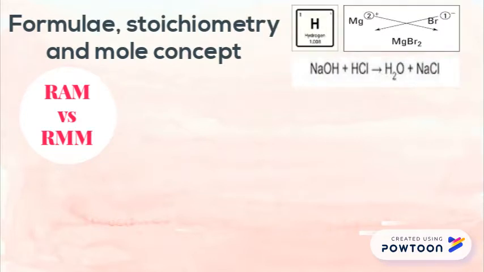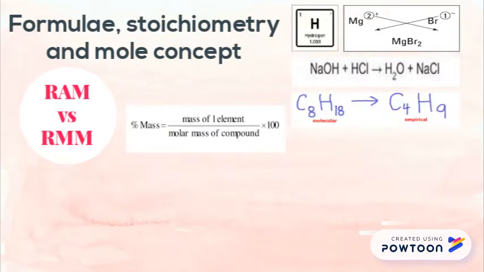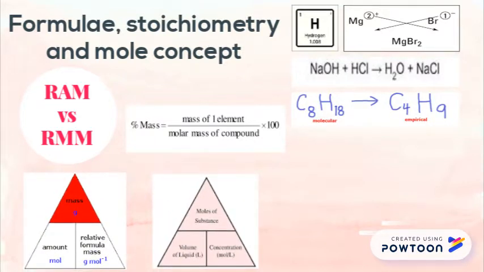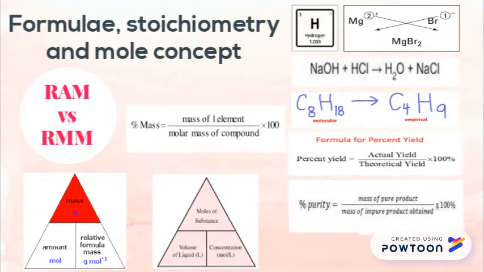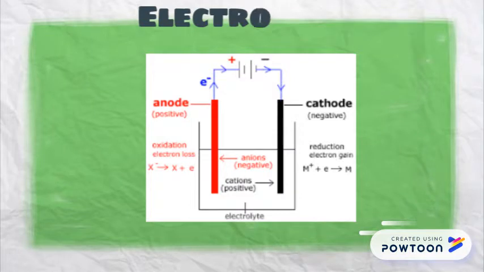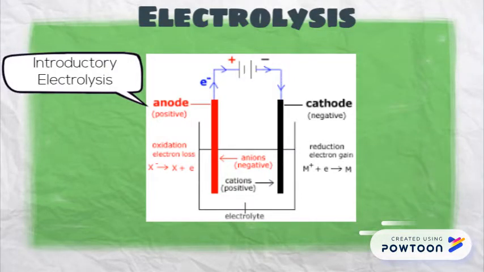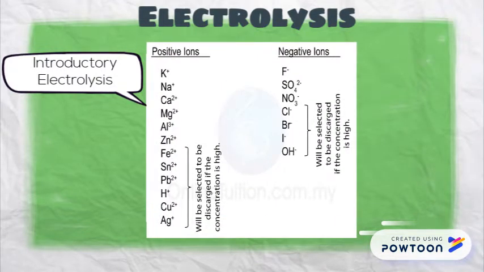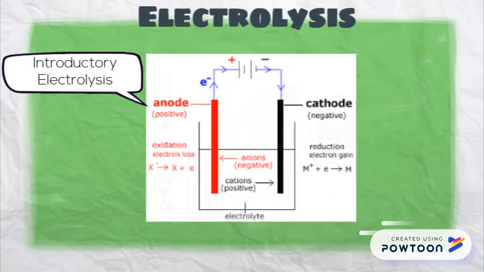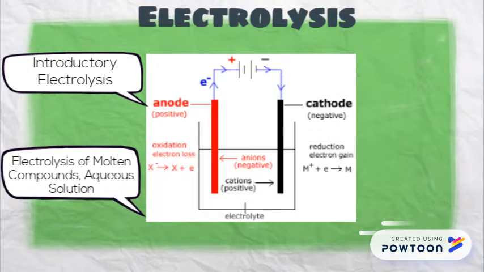Next, calculate the percentage mass of an element, calculate the empirical formula, molecular formula, stoichiometric mass, concentration, percentage yield, and percentage purity. From the topic electrolysis, the learning outcomes are that the student will be able to define what electrolysis is, apply the idea of selective discharge based on cations, anions, and concentration effects, predict the likely products of the electrolysis of a molten compound and aqueous electrolyte,